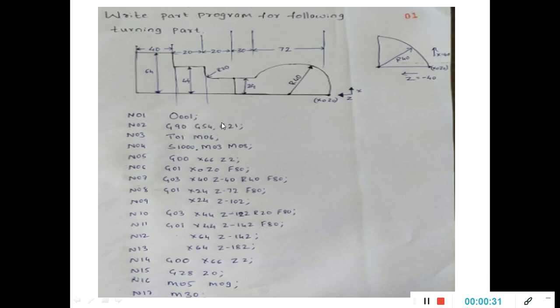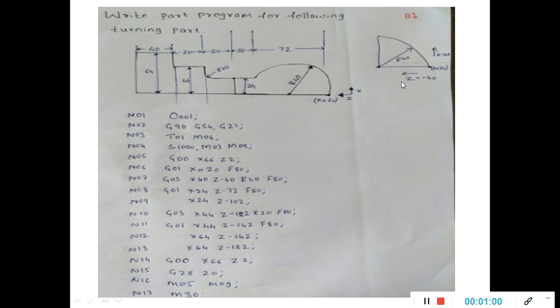Before going to this, I want to tell you that in milling and in drilling, you have taken three axes. One is x, one is y, and depth is z. Remember, x in this direction, y in this direction, and z is the depth of cut for both drilling and milling. But it is different for the turning operation. It is very important to understand.